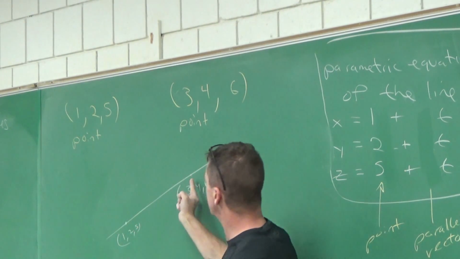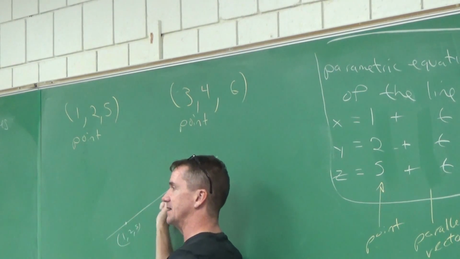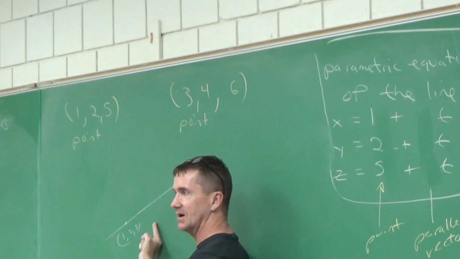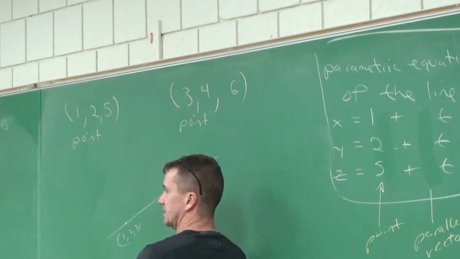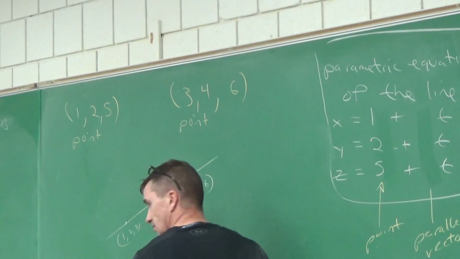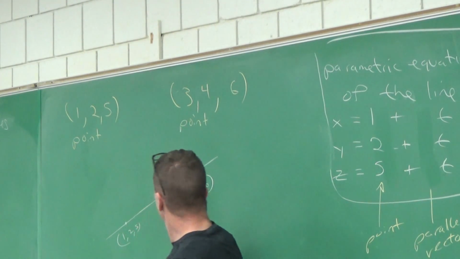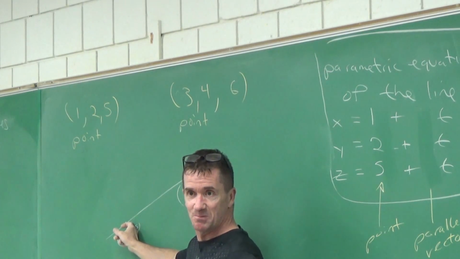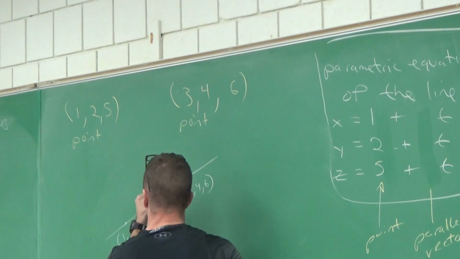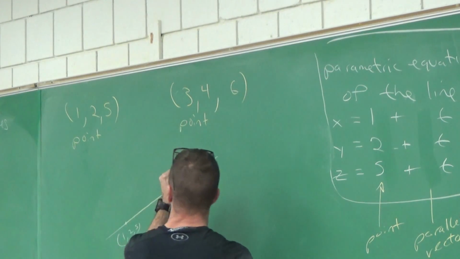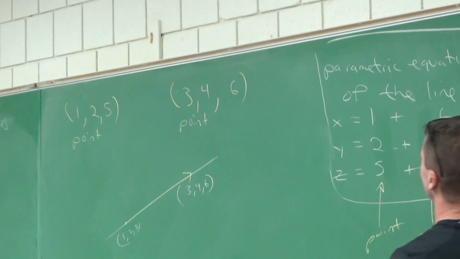And she says, well, if you just do tip minus tail, you will find a vector right on this line. In fact, parallel to the line, right? I mean, it's right on a line, but it's running in the same direction as this line here, parallel to the line. True? So if they give you 2 points, you can always use the vector tip minus tail between those 2 points. So here, I'll put a vector right there. There it is. She says use that vector. That's your parallel vector. So cool.